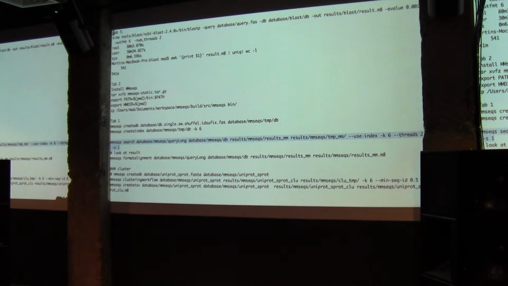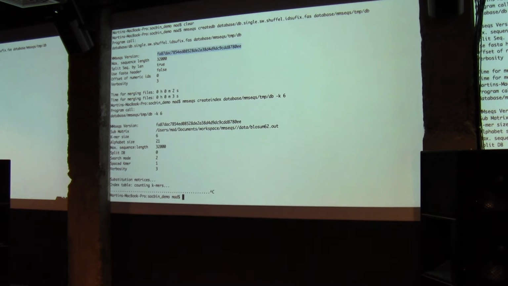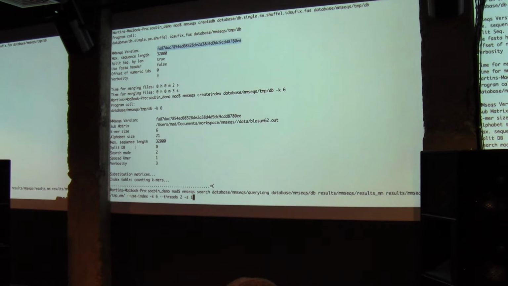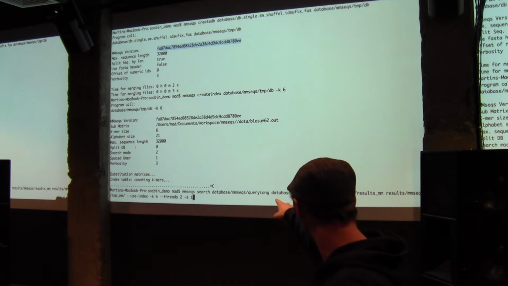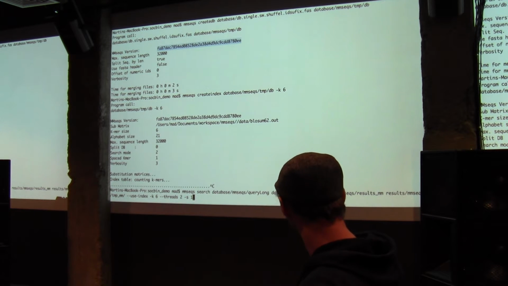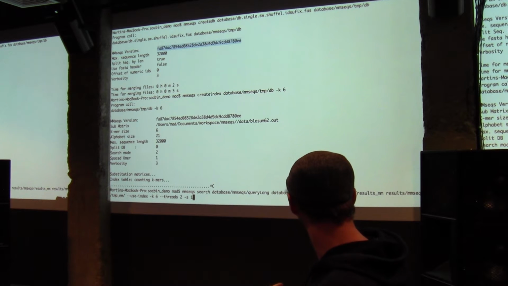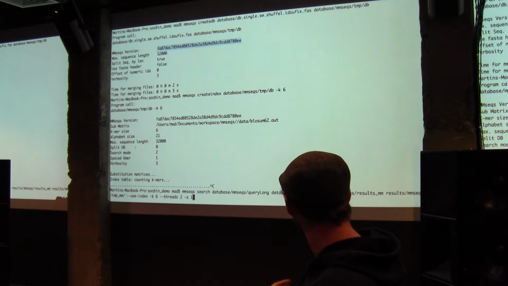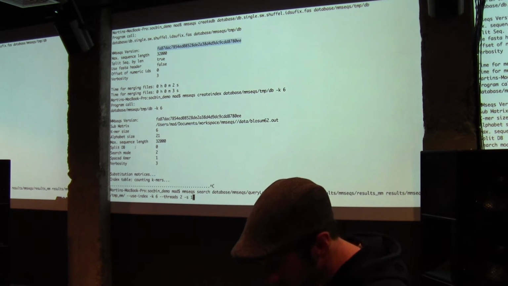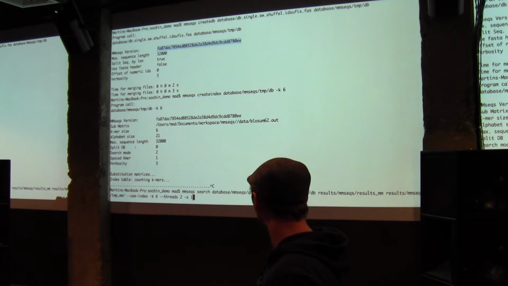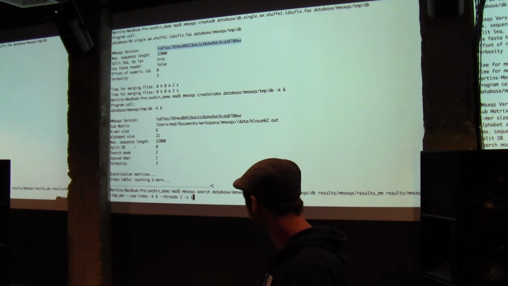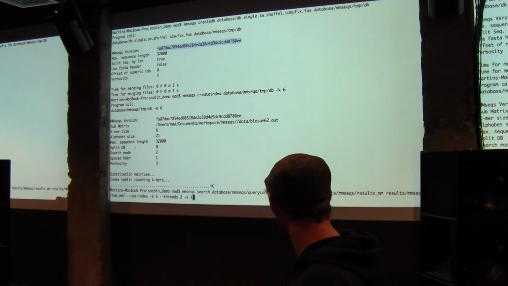What we do now is we just make the same search as BLAST does. For this, we call MMseqs, and then we call the search program, and we give it the query database, which contains the 6,000 sequences, and we search it against the database where we already pre-computed the index, and some other parameters, threads too, so it also runs on 2 CPUs.